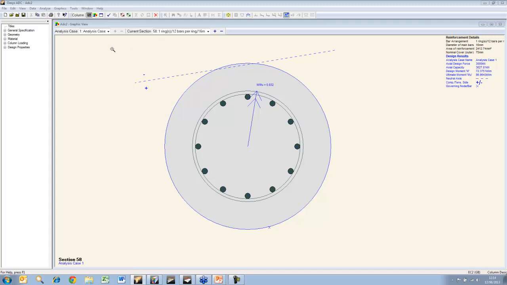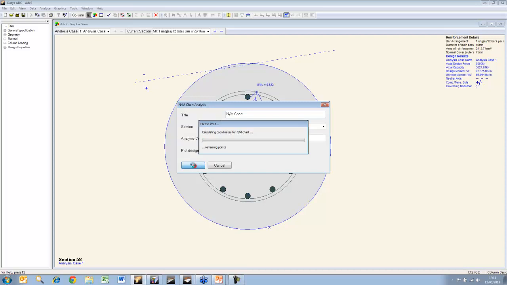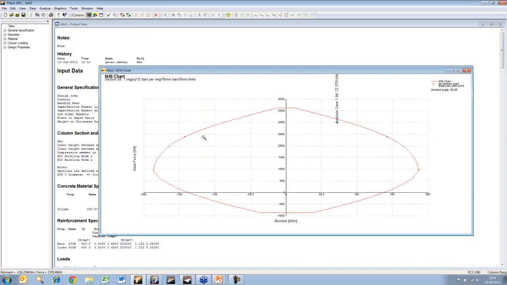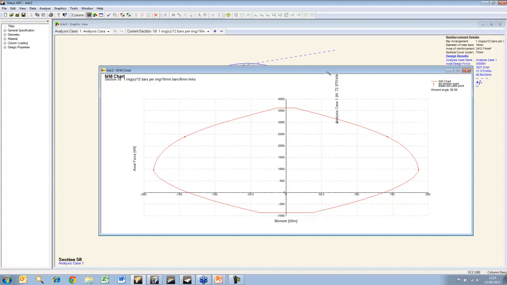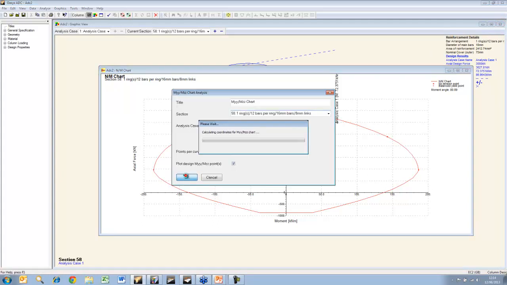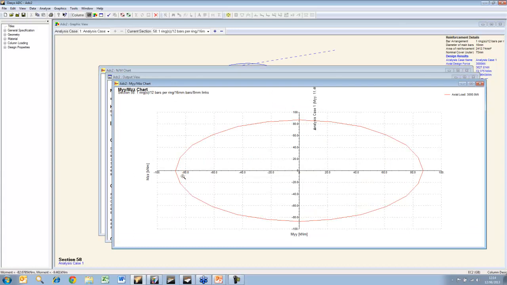Apart from overall design, you can also ask for the axial moment charts. And you can see the point load in there, and also moment charts. Not quite so important for a circular part, but